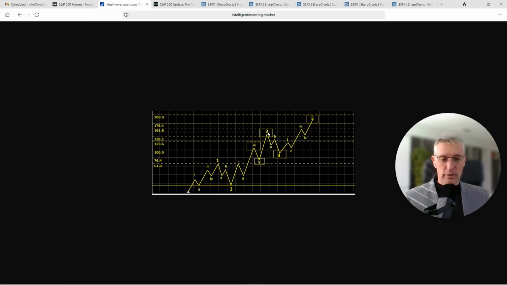It can always extend for the fifth of the third wave. It can always truncate for the fourth of the fifth wave. And it can always extend for the fifth wave. That we don't know. We can't predict the future. But we're going to use this ideal Fibonacci-based pattern going forward because it has served us pretty well.